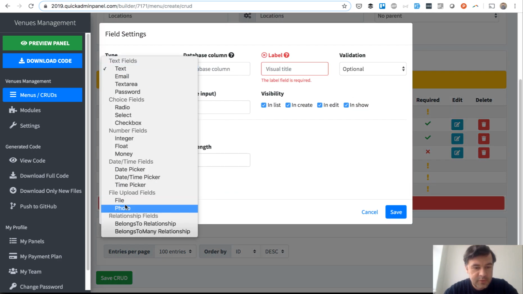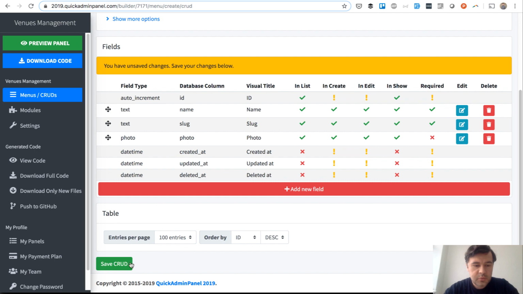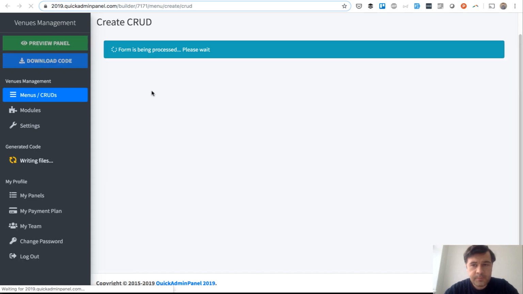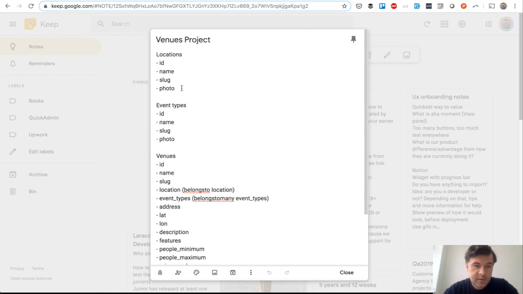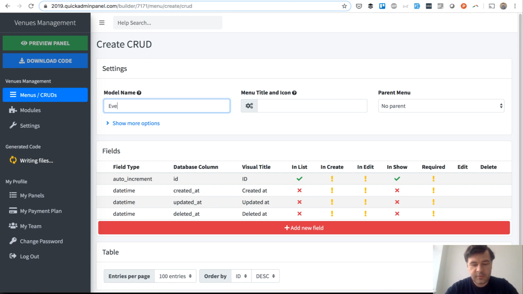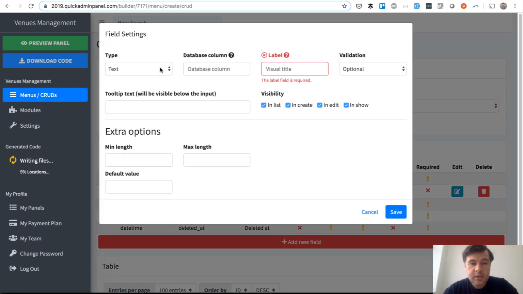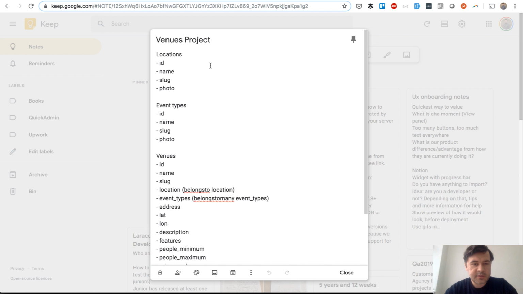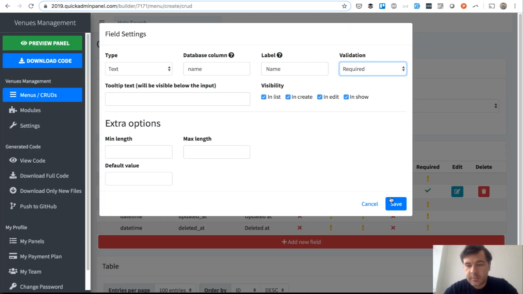will be a photo field like this. So photo like this. Okay, so we save that CRUD of location, and then event types. Okay, so it's generating in the background, but we can continue. Event types, it will automatically be transformed to event type model, and same, I think it's same, name, slug, photo, absolutely the same. So name, required, save,